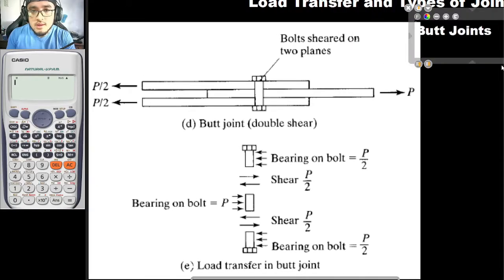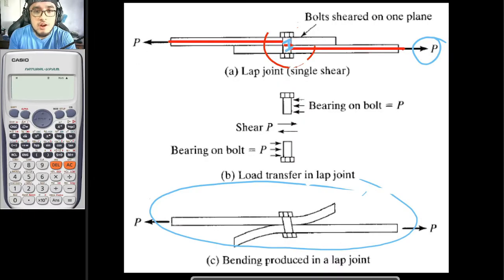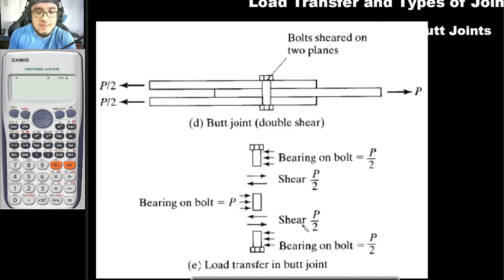Guys, is the text readable? Yes, sir. Okay, so as you can see here, unlike in the previous part when we had just one shear plane area, this time we would have at least two shear plane areas. But take note here, guys, that if this is your force P, each of these members right here would carry P over 2